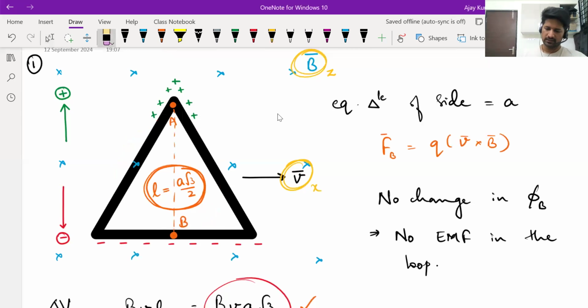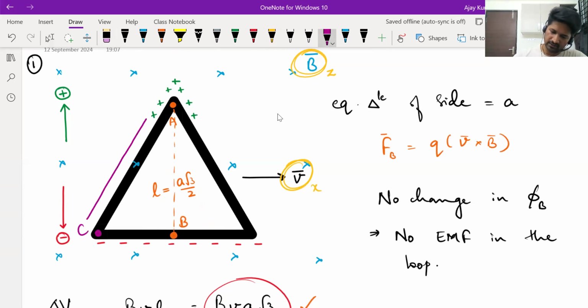In this same question, suppose you are asked the potential difference between A and, let's say, this point C. Between A and C, you look at the length vector between A and C. It's like this. That is the side of the triangle, that's fine. But tell me, is this perpendicular to both the magnetic field and velocity? The line connecting C and A, is it perpendicular to both? It is not. So what you need to do is take its component in the perpendicular direction,